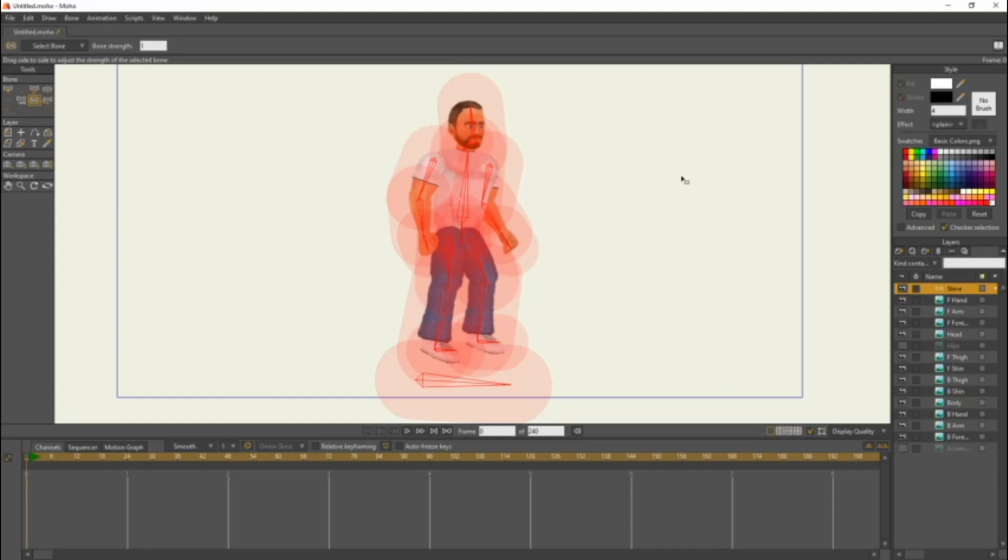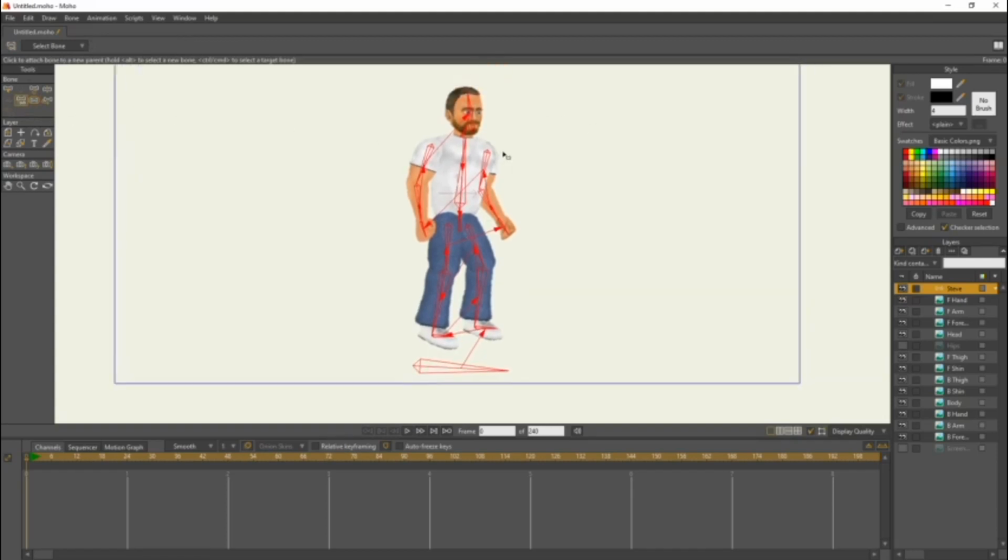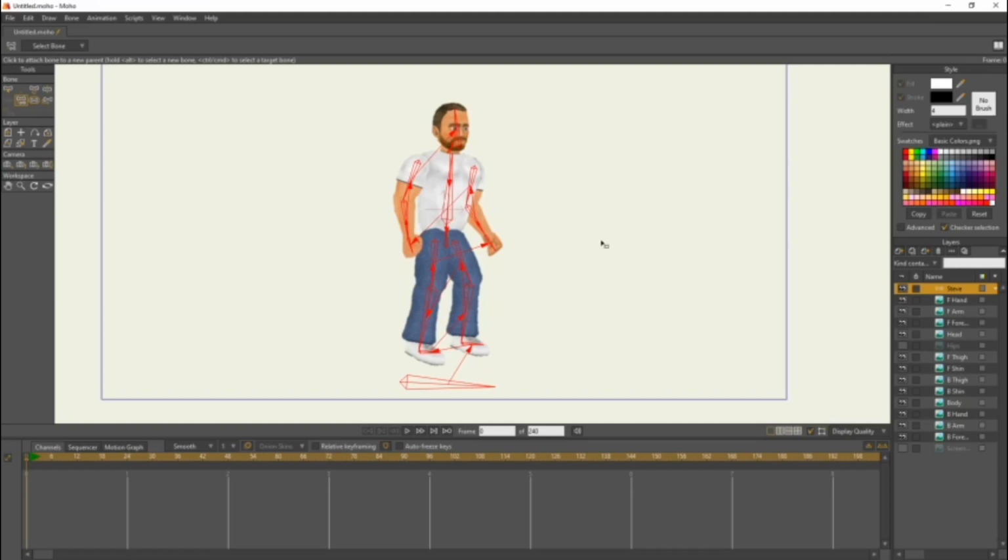You're gonna click and drag all the way to the left so that all the bone strength is all the way down. Then we're gonna come over here to reparent bones and make sure they're all selected. They're all red, so that means they're all selected, and just click off the character so all the arrows are gone.